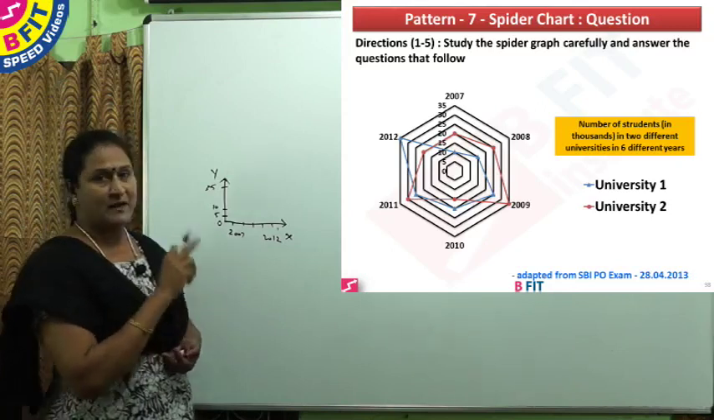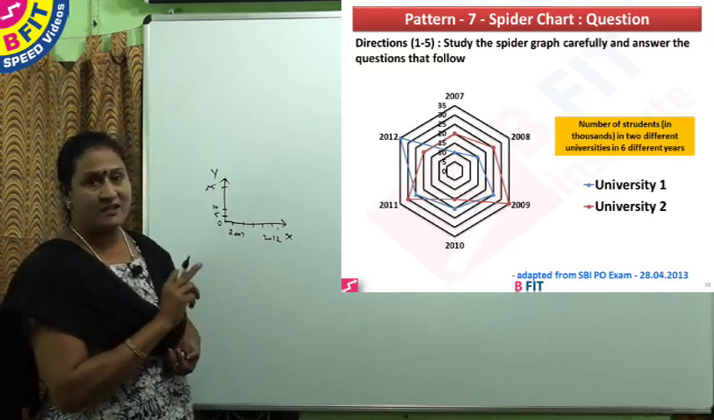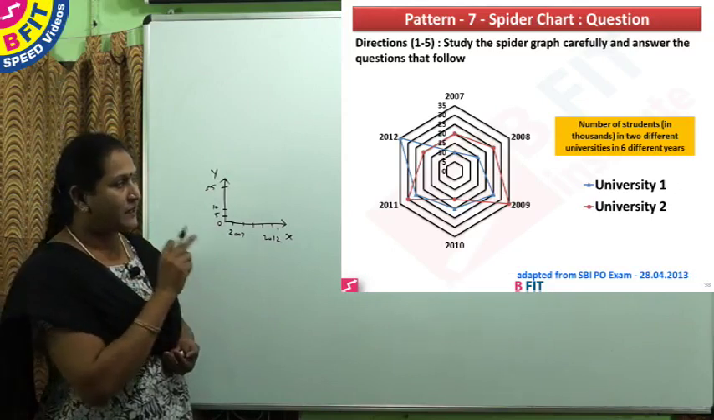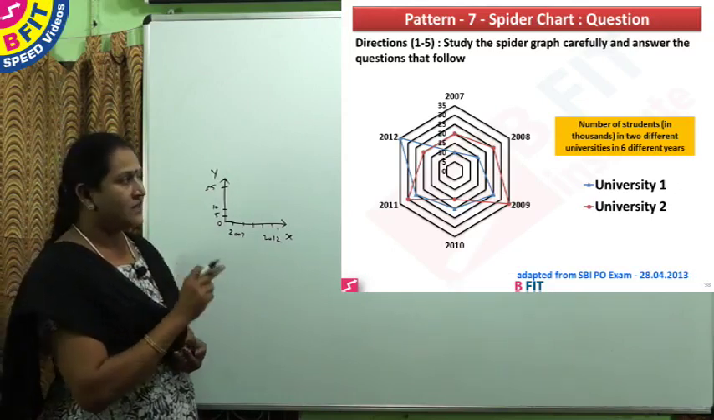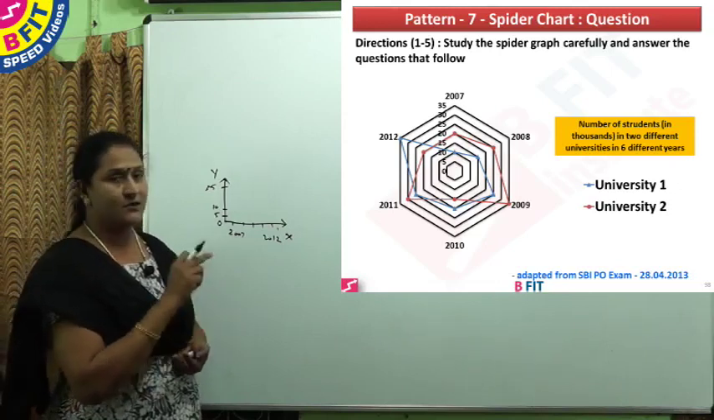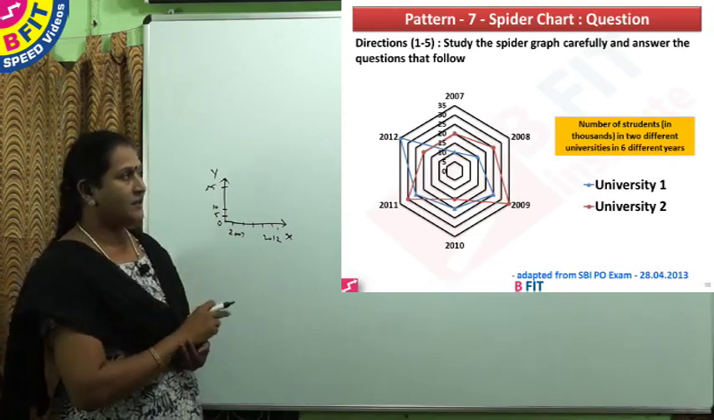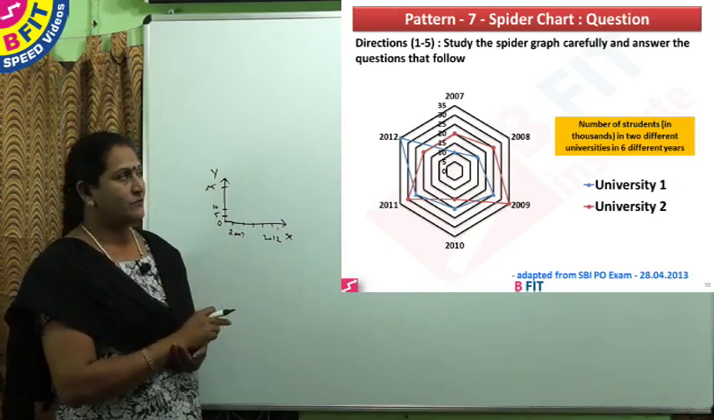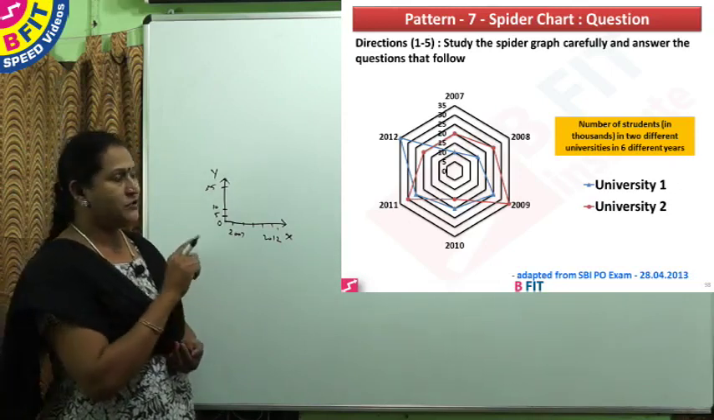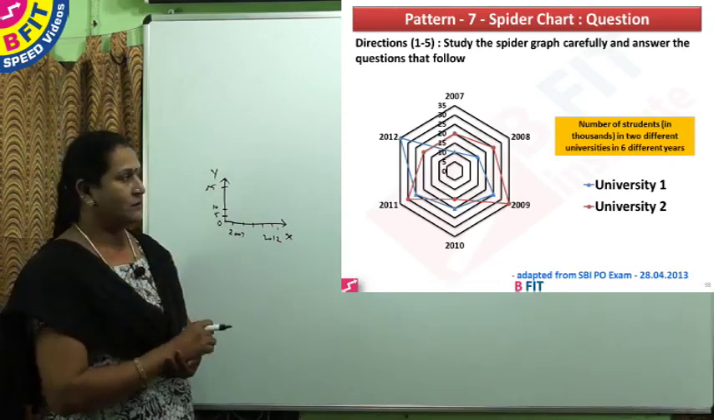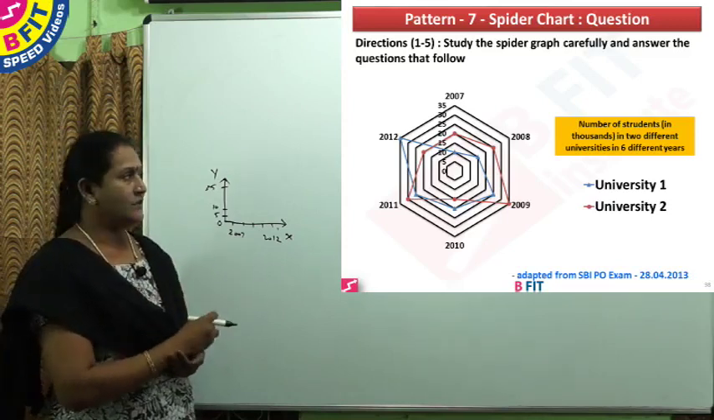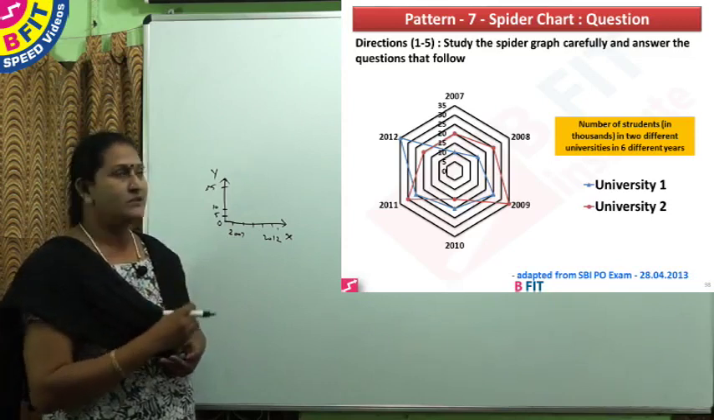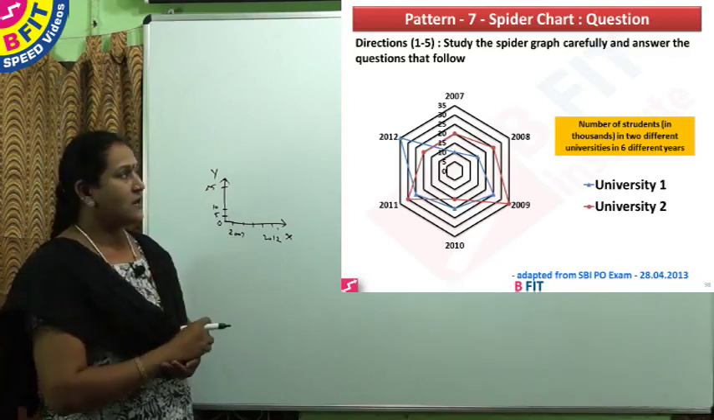Here in this spider chart, we have concentric hexagons. The center point has the value 0. The first hexagon value is 5000 and the second hexagon value is 10,000. The values are in thousands, so each numeral is multiplied by 1000. So the first hexagon is 5000, the second is 10,000, and each hexagon value increases by 5000,